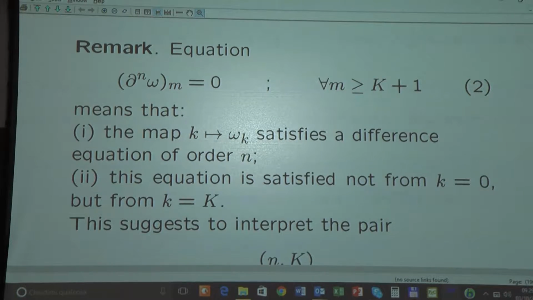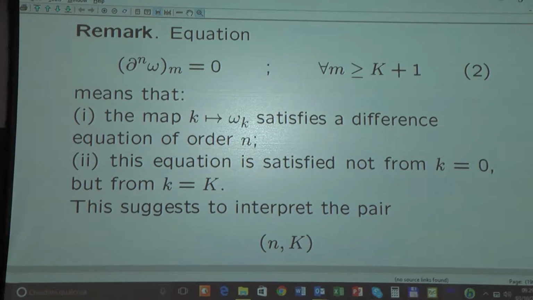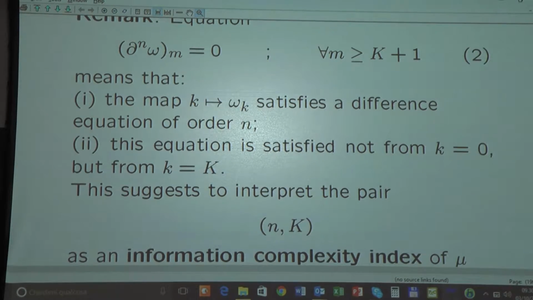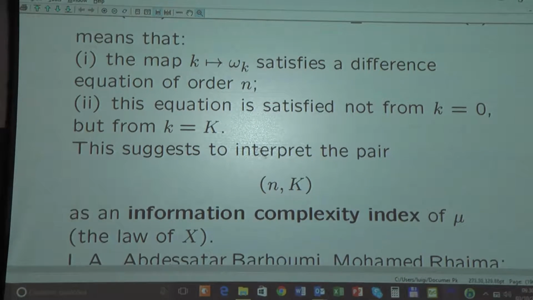This makes an interesting bridge with all the Kolmogorov complexity theory of algorithms. You see, Kolmogorov was trying to define randomness as a kind of infinite complexity. And so he proposed a way to measure complexity of sequences. But since we are now classifying probability measures in terms of sequences, it's very natural to introduce a complexity notion in the Kolmogorov sense for the sequences which characterize the probability measures. So we introduce the complexity index given by a pair of natural numbers, and remember,